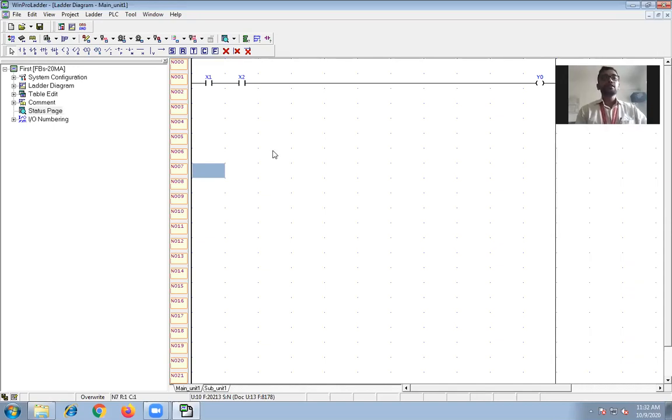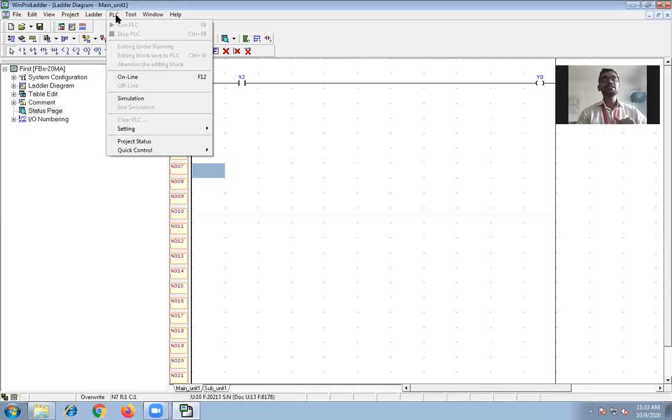Now you have to test whether that program is correct or not. So what you'll do, you can load this program into PLC and you can check it on kit, but kit costs more than a lakh rupees, so everyone cannot afford it. So WinProLadder has already given one provision, inbuilt simulation is there.